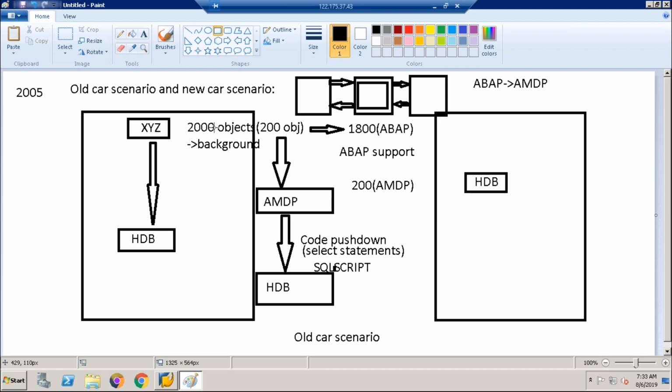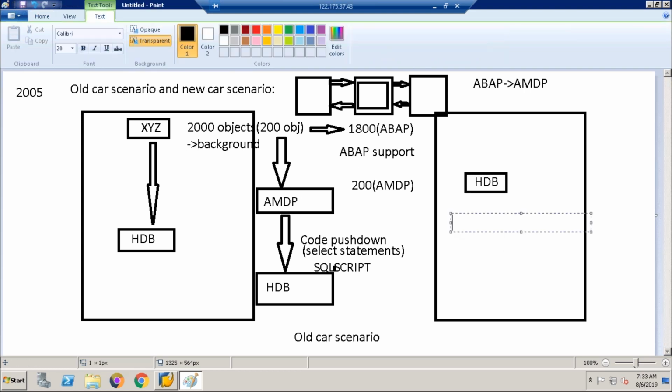Any question? Still any question? You can see the output that whatever the 200 objects we. Yeah, it is in SE38 only. We will consume in SE38. Consumption will be in SE38. Yeah, that is the same. That consumption I'm talking about. Calling part I'm telling you. Calling part. Sorry, AMDP will be only for reporting. For reporting everything. AMDP, BAdIs also, enhancements also. It is for everything. Everything we are converting into AMDP.